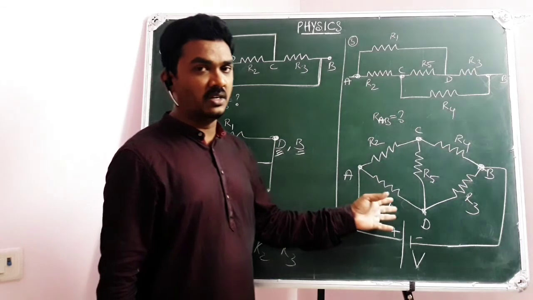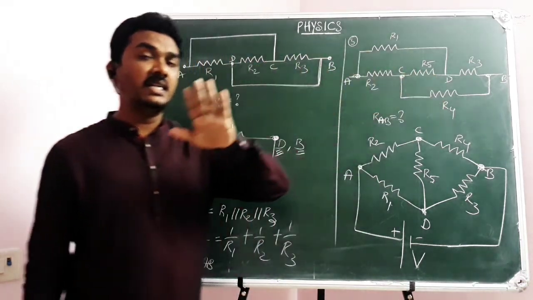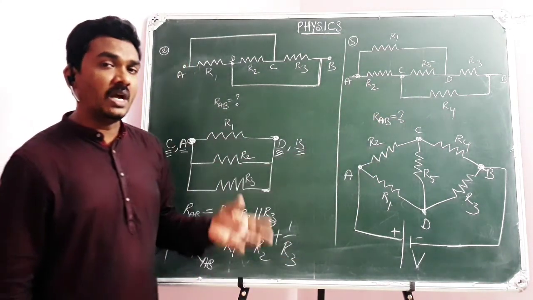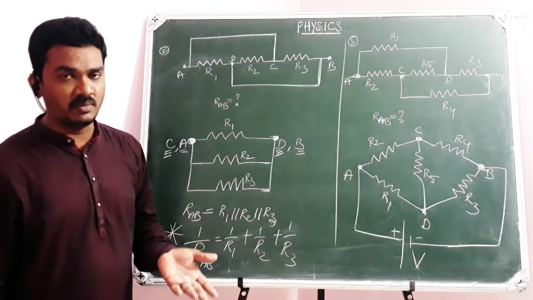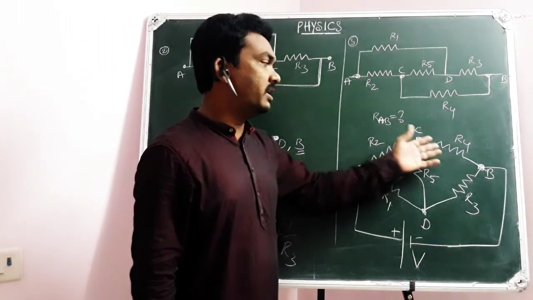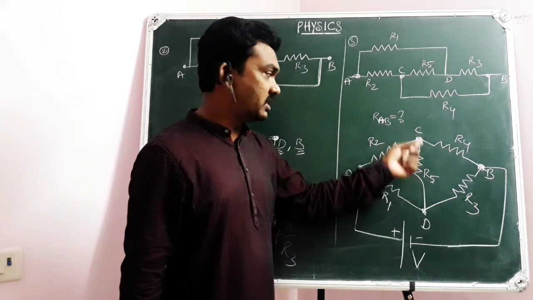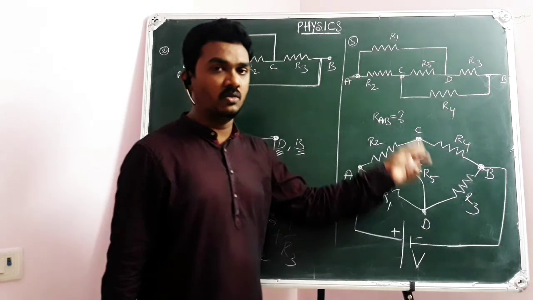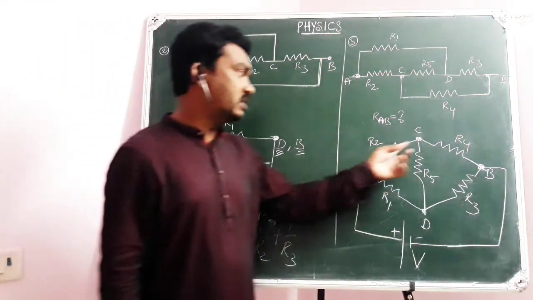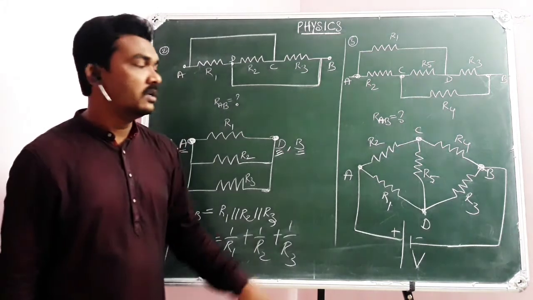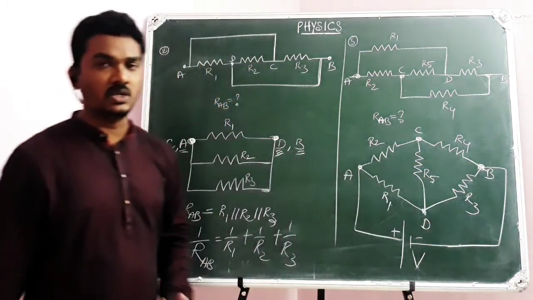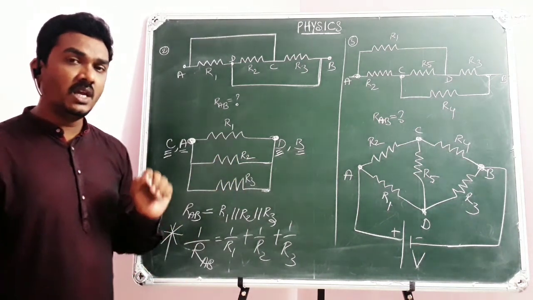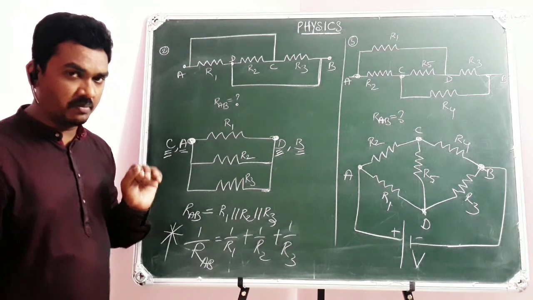Usually while solving this question, all will be given as identical resistors, each of the same resistance, so that the ratio will be equal. Then this will be ineffective because C and D will be at the same potential, and it can be removed directly. So these two are in series, these two are in series, and those two will again be in parallel, so that you can calculate the equivalent resistance across AB. So these are the two different circuit models to calculate the equivalent resistance across AB.